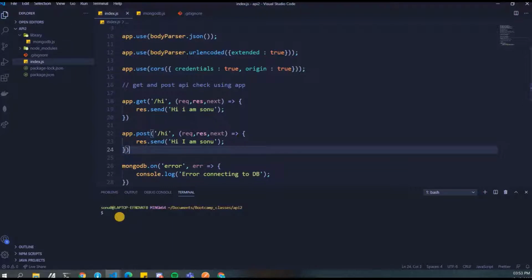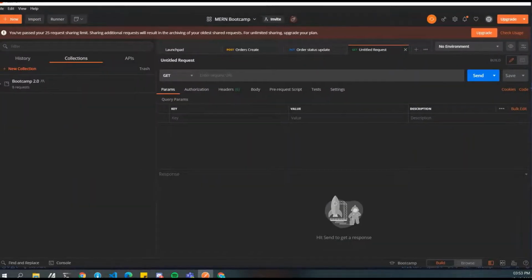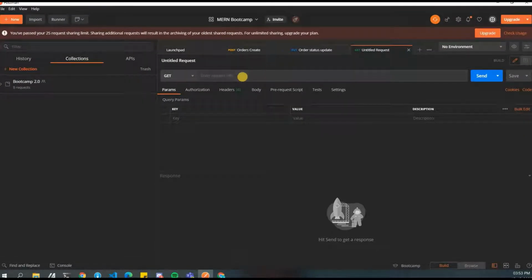So this is a basic example of how we can create APIs in our Express app. Not the right way to do it, but we'll talk about why it is not the right way. Run nodemon index.js. We are using Nodemon so that any changes that we make are reflected directly. We don't have to press Control C and reload again. So for that case, we are doing it, and let's go ahead and test it out on Postman. Postman, guys, is the place where we'll be testing all our APIs.